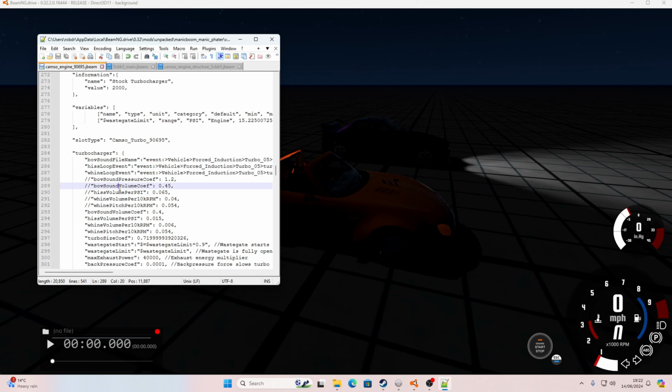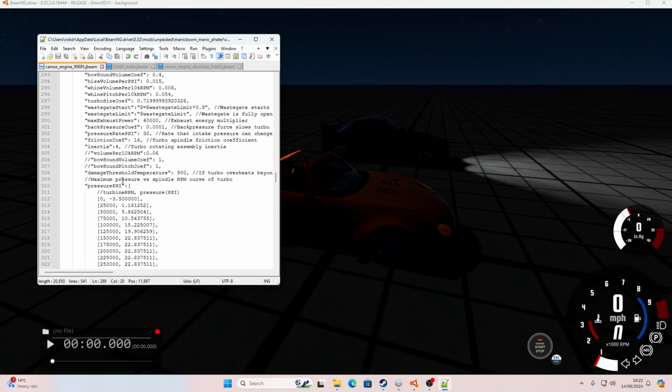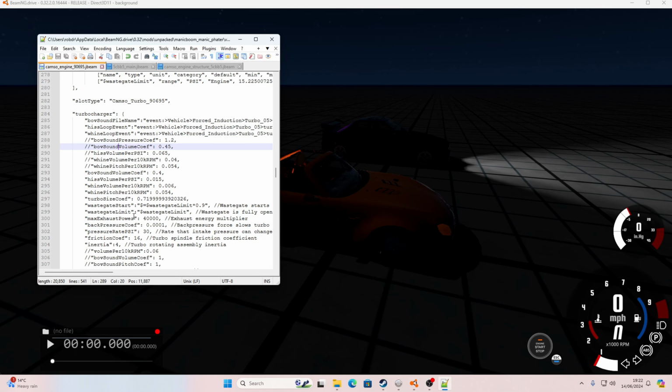I'm pretty sure it finds it that way, as long as it's put in this section. I shouldn't be reading this while I do it, but I can make it louder anyway. So I'm gonna put a 4. Yeah, we'll put a 4, and then for the whine we'll put a 3. The hiss and the whistle are these 2, and the whines are like when it's breathing it all in. Okay,